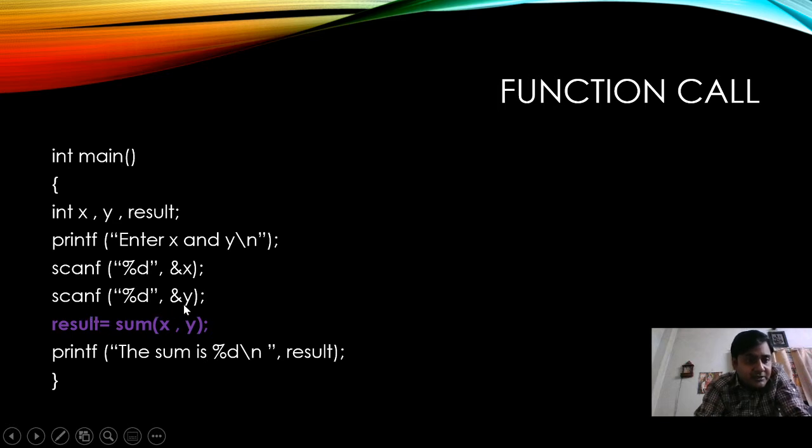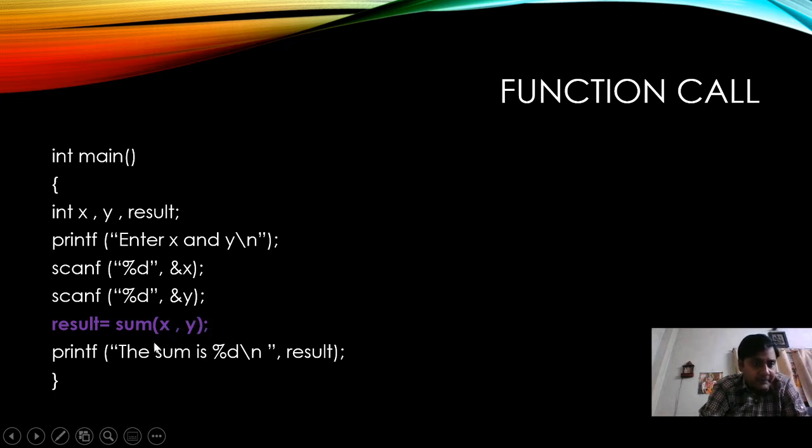Again scanf %d %y, using this step the value of y whichever the user may have entered is again stored in the memory. And through printf enter x and y, users are entering two numbers, namely x and y. So all these input operations are performed in this printf and scanf. Now the variable result is storing the value of sum x comma y. Why am I writing here sum x comma y? Because whatever values the user has given in x and y, that value must be passed into the function